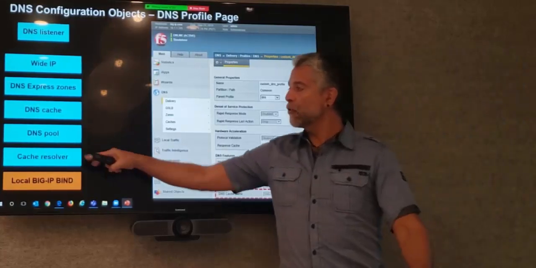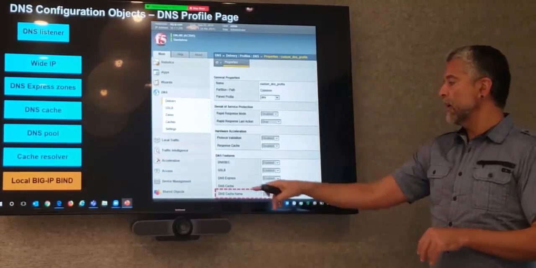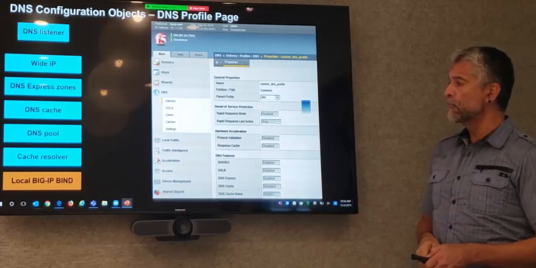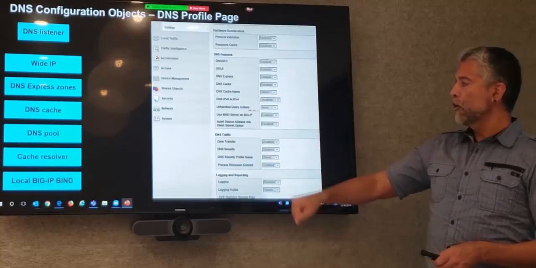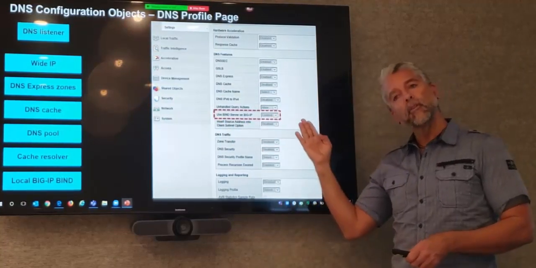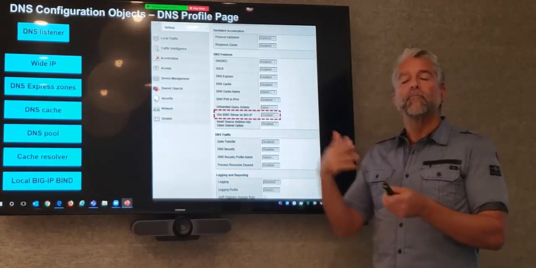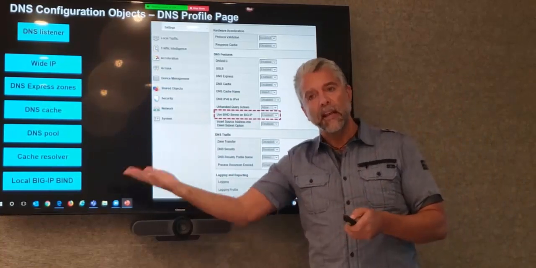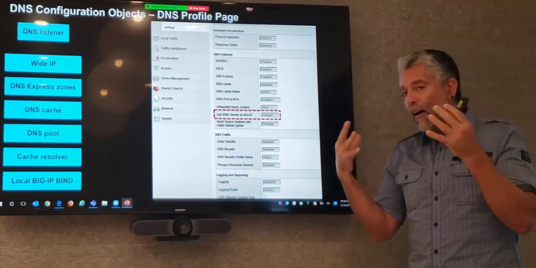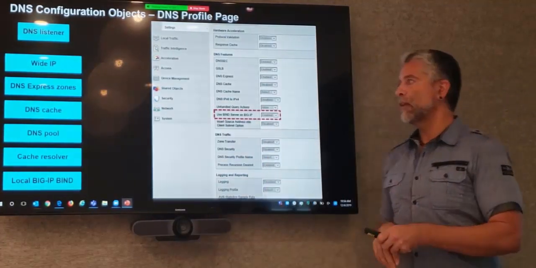And then also, if you're using a cache, what's called a cache resolver, you would go create that in another spot on the BIG-IP and then select it here. We're not going to get into that very much. It's not used very often. And then finally, a little bit further down, you will see the use BIND server on BIG-IP option. Again, it's either enabled or disabled. And if it's enabled, that enables us to use the BIG-IP's configured DNS setting. So that's how we set up this order of precedence and which of these we could potentially use to answer